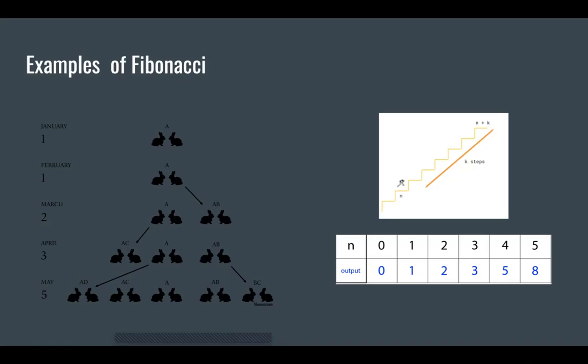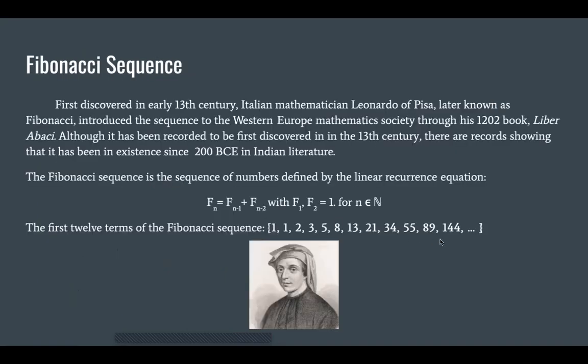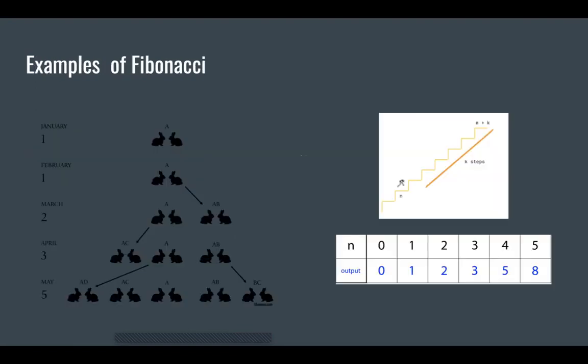So then we can see that by the end of the 12th month, we look back at our previous slides right here, we could see the 12th term is 144. So by the end of the month, end of the year, I'm sorry, we'll have 144 pairs of rabbits. Then looking onto the problem to the right, the staircase problem,